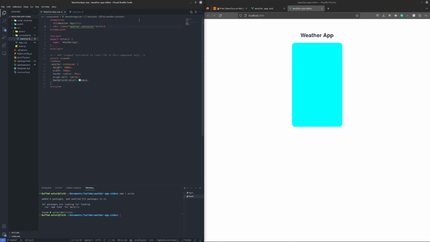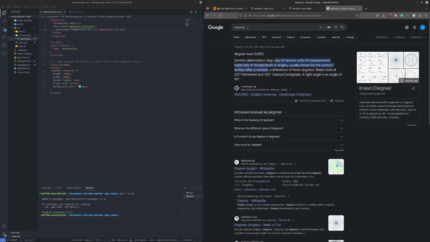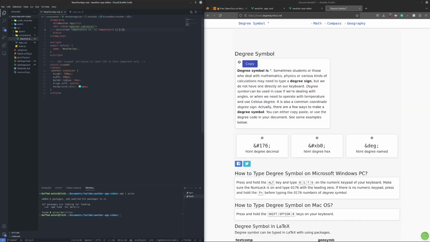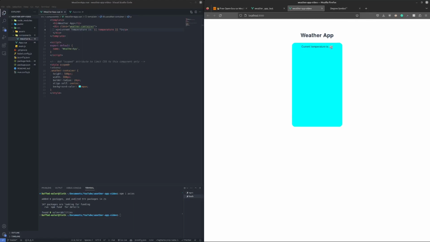Now we are going to have a paragraph in this div, and so we're going to add current temperature is, and then we're going to add some handlebars and put temperature in here, and we're going to put degrees symbol, yeah, copy that, put this here with a C. Okay, and so we have no number here,